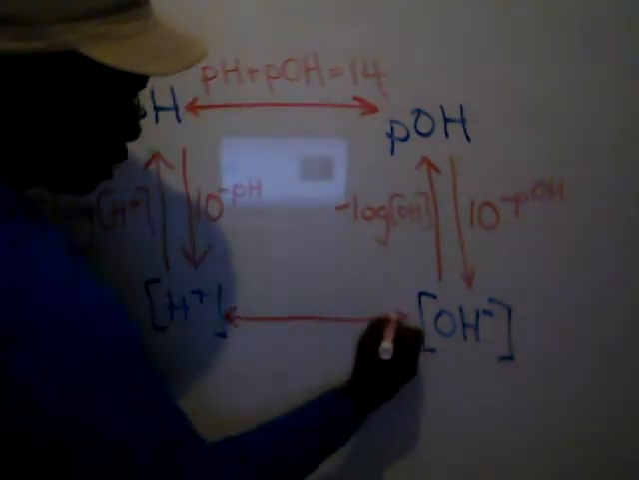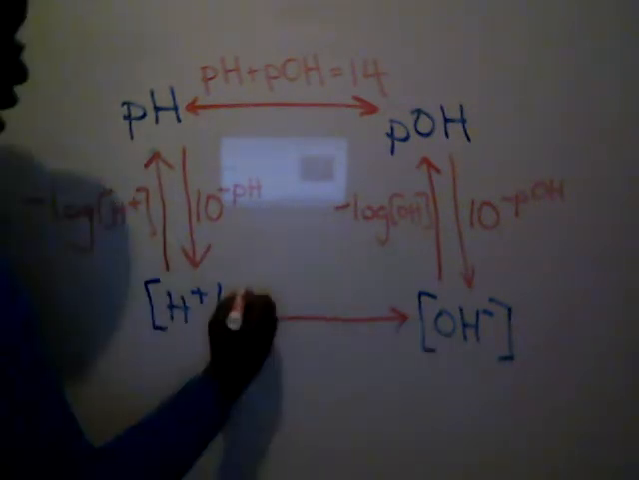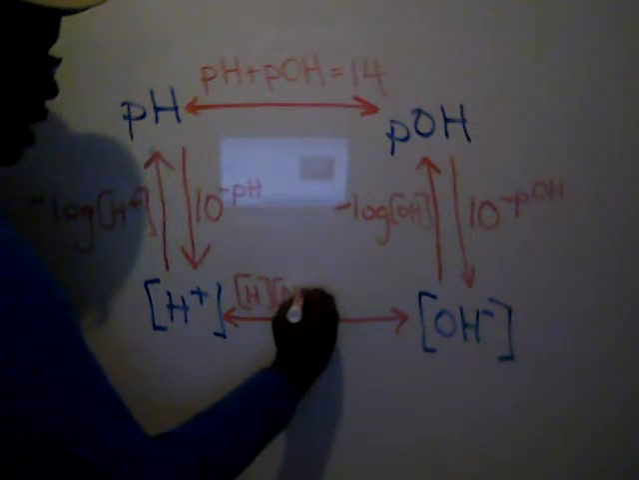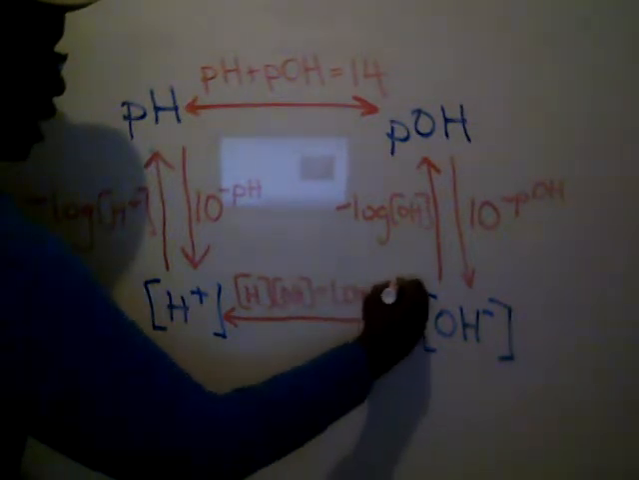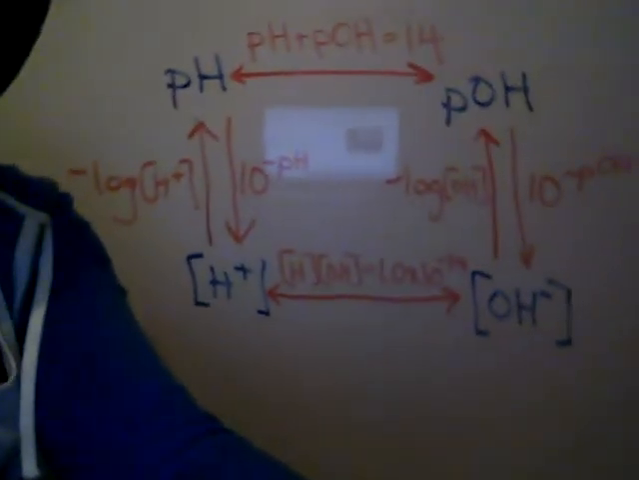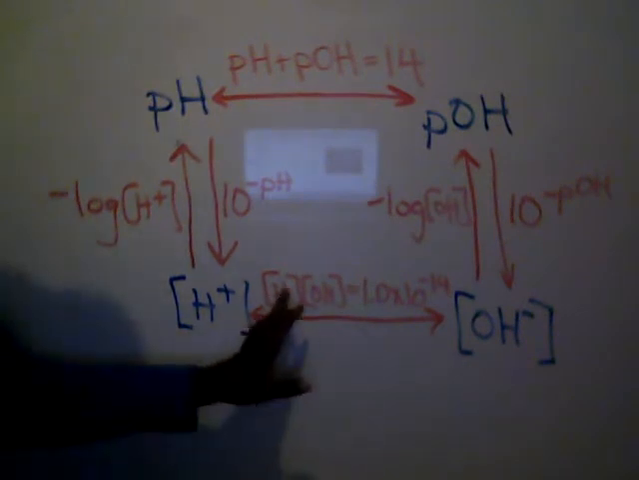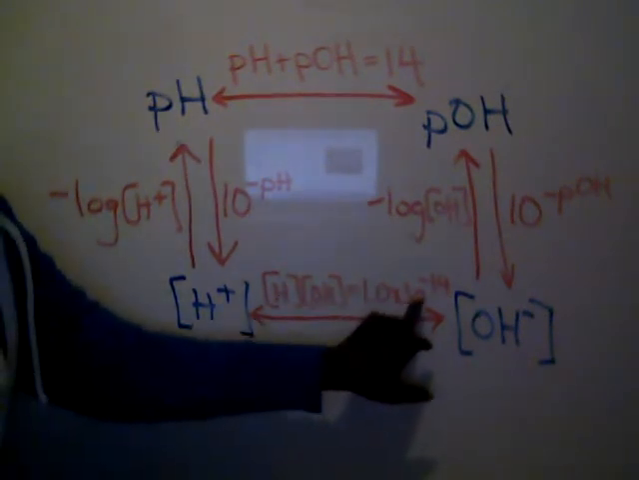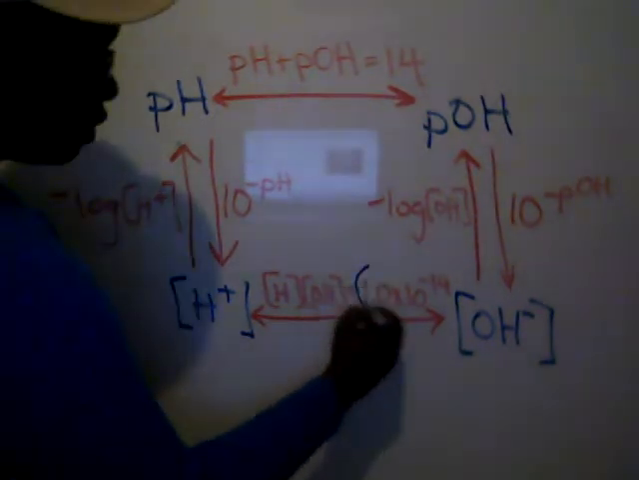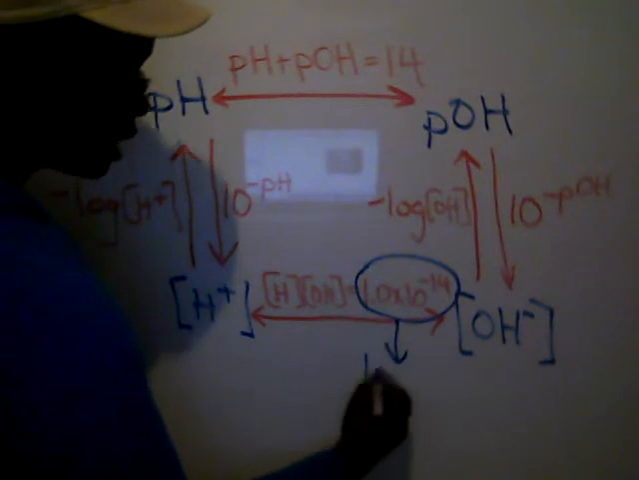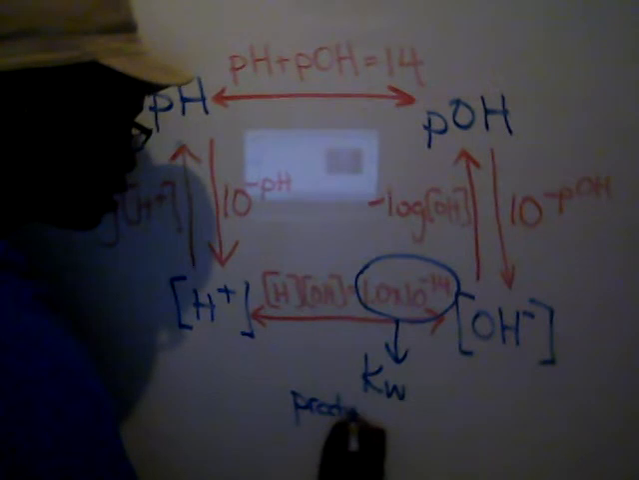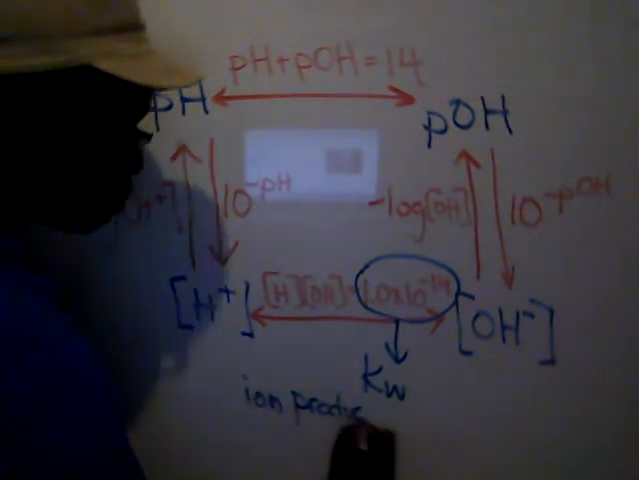Likewise, for these, if we want to go back and forth between hydrogens and hydroxides, we should know that hydrogen times hydroxide always equals 1.0 times 10 to the negative 14. Okay, so again, hydrogens times hydroxides always equals 1.0 times 10 to the negative 14. In case they were to ask on a test, this is sometimes called the Kw, which also can be called the ion product constant